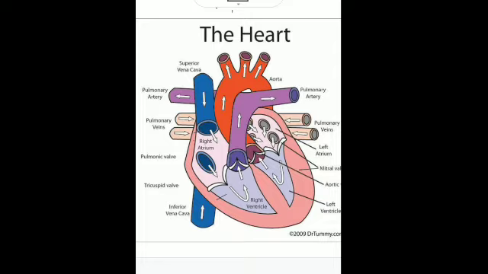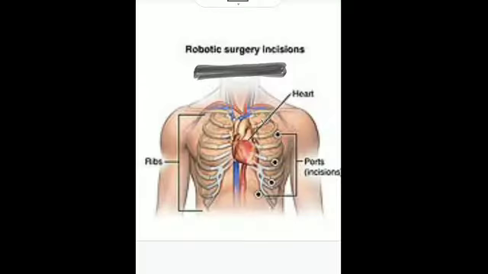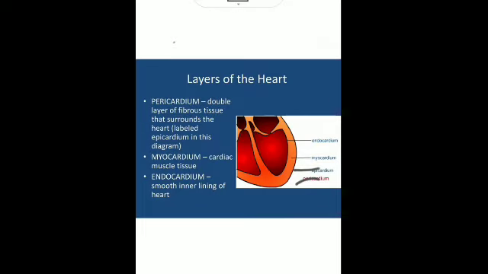Apart from this, it is located between the lungs in the chest cavity, and I have told you that its lower tip is slightly tilted towards the left, and it is enclosed in a double membrane which is known as the pericardium. The space between the two membranes is filled with a fluid which is called the pericardial fluid, which protects the heart from jerks and shocks. And the heart is also protected by the rib cage. I had shown it to you earlier.